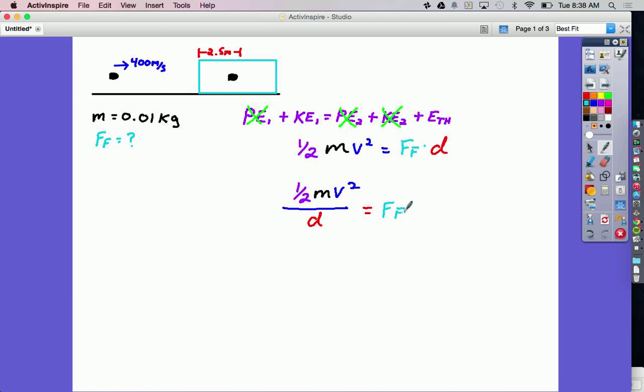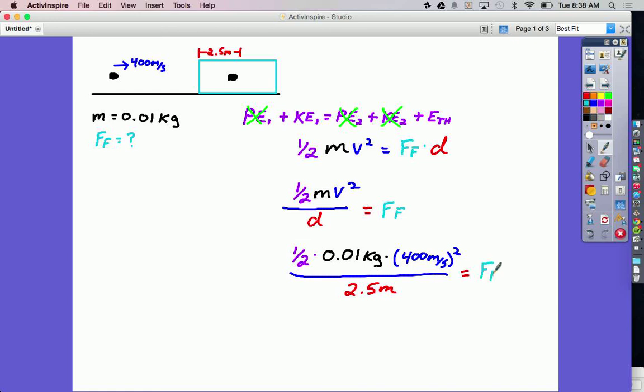Now I can plug in my numbers because I have them all. And that's 1/2 times 0.01 kilograms times the initial speed, which was 400 meters per second. We have to square that, all over a distance of 2.5 meters into the block. And that'll give you my force of friction, which should be 320